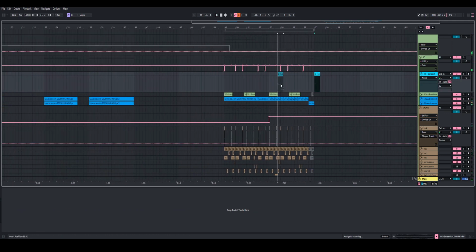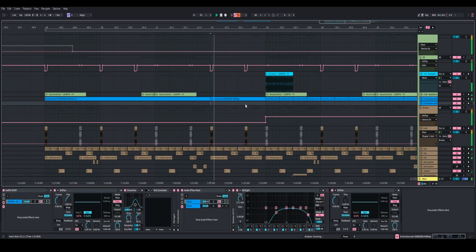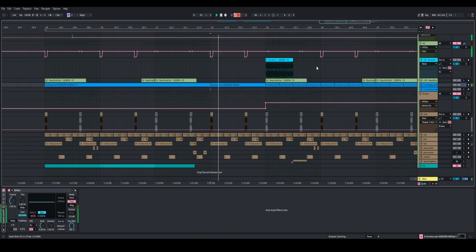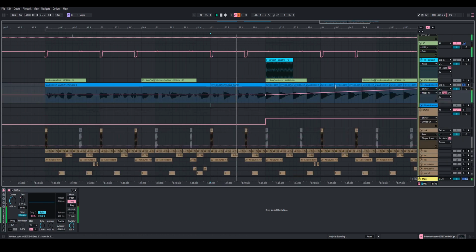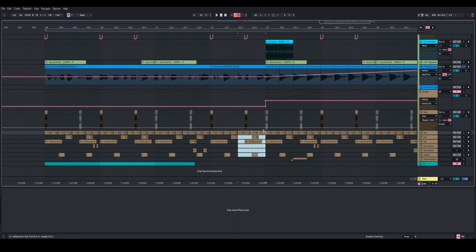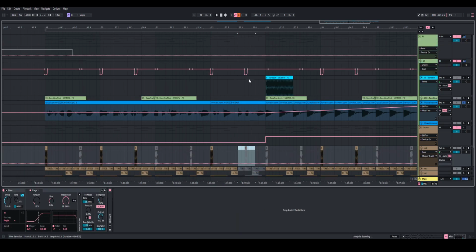like for the riser part, I'll probably have it kind of be silent right here. Where it says take control, or where it says take full control. I'll have like everything silent. So let's see, I'll silence this kick, all the hats and the drums and everything,